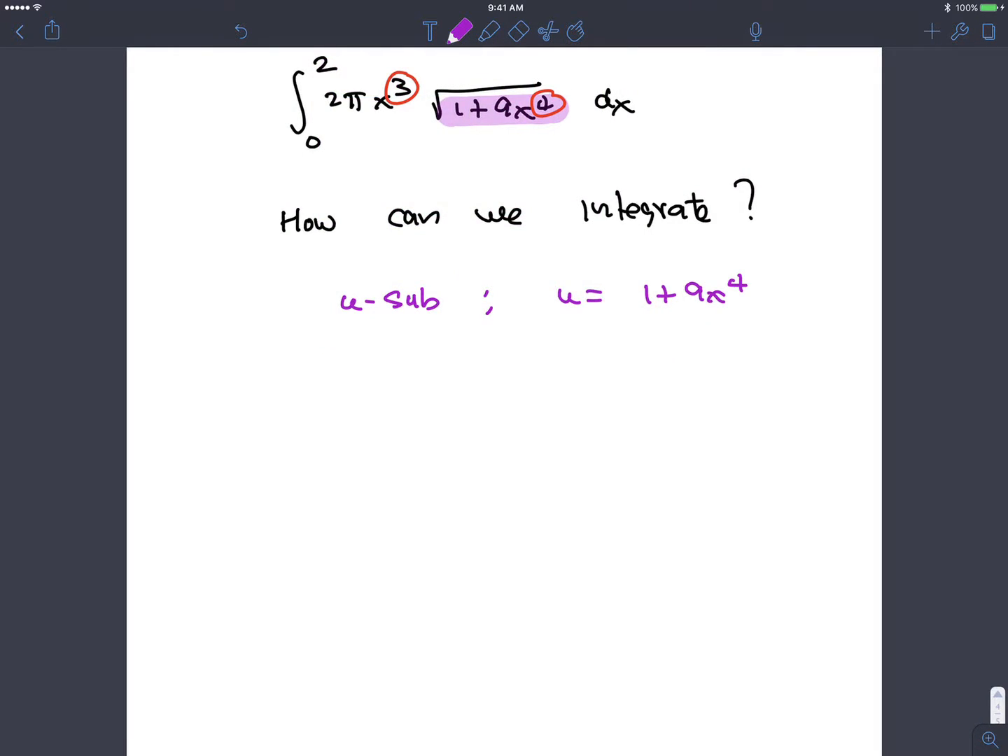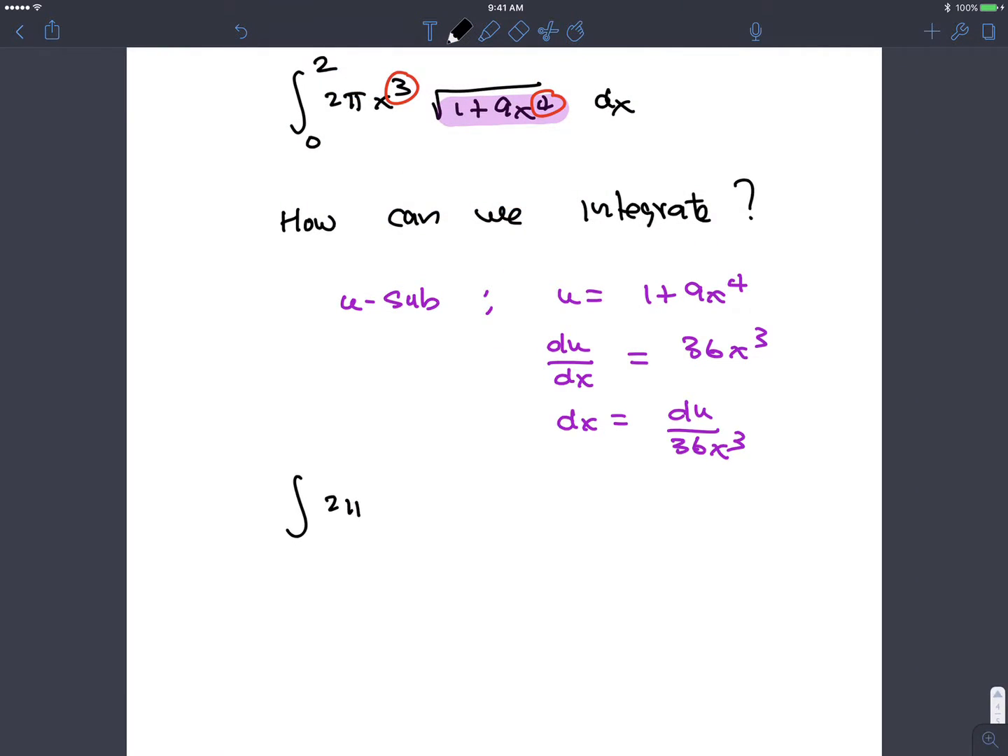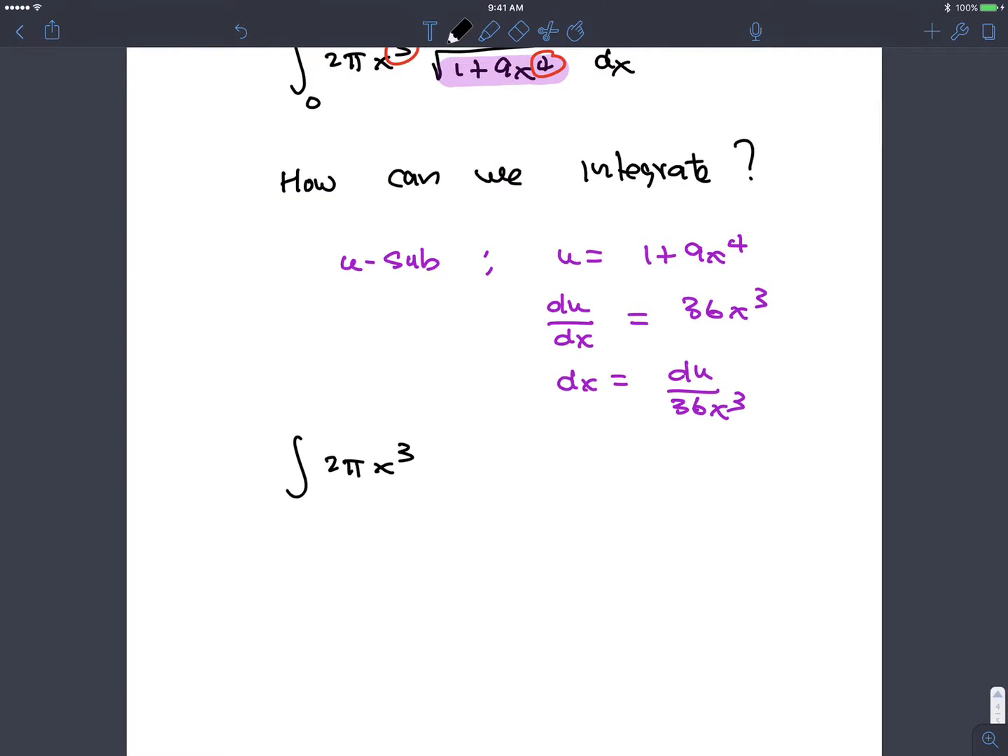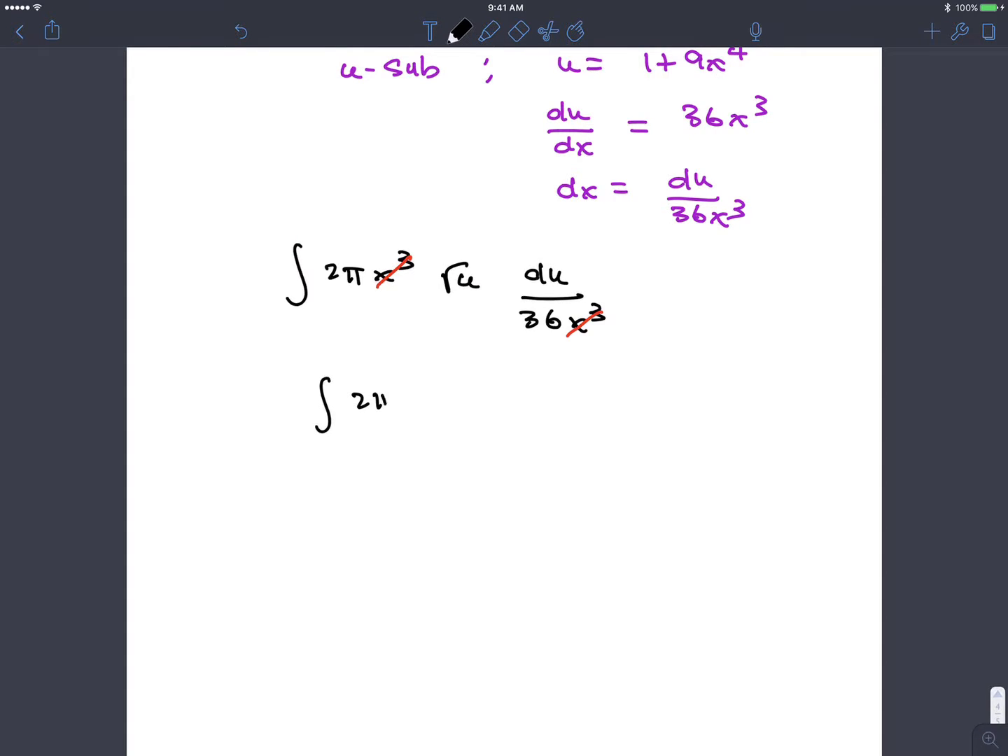So in this case now, let's see what we get. Since u is 1 plus 9x to the 4th, notice du dx is, what's 9 times 4? That's 36x cubed. Or we can say that dx becomes du over 36x cubed. So our integral now will be 2 pi x to the 3rd power square root of u du over 36x cubed. So the x cubes go away here, and you get this integral of 2 pi square root of u du